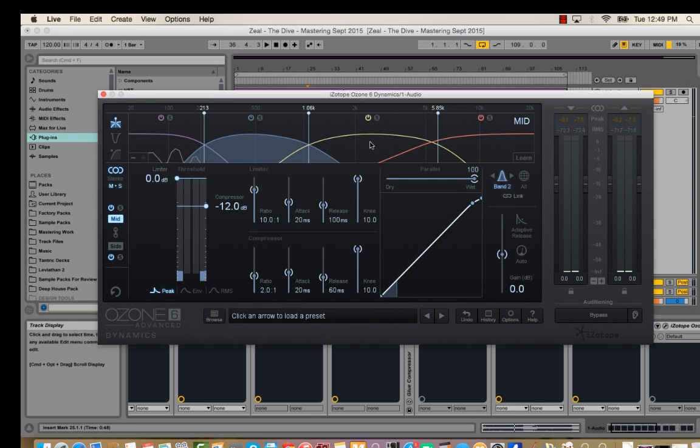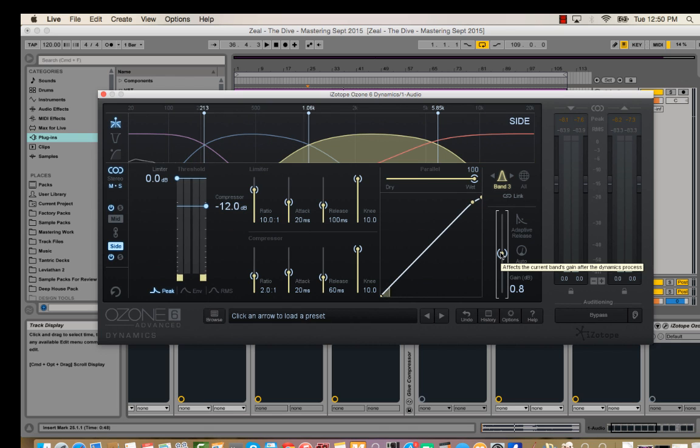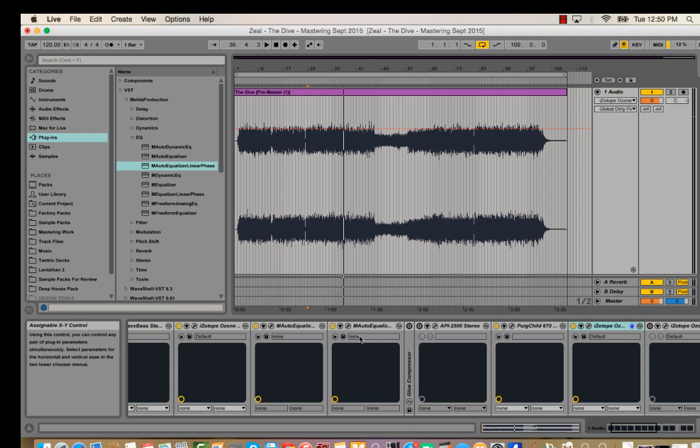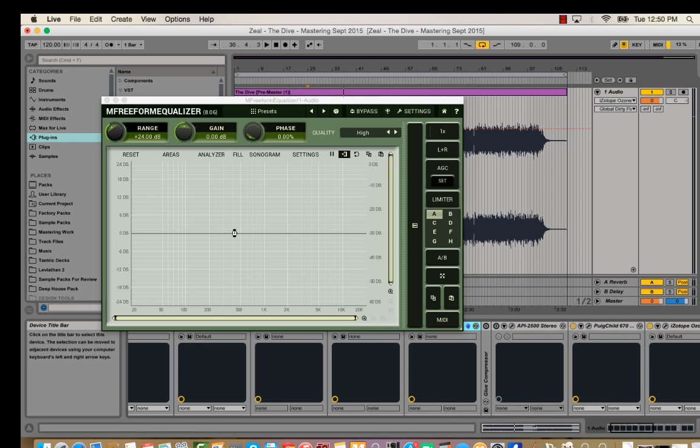And something else that I like to do is I like to add just a little bit of a nudge to the upper mids and the highs in the multiband compressor, both in the mid and side setting. I like to give a little bit extra to the sides because it creates a stereo widening effect. So what this does is I've boosted my low end, as you know, and I've also boosted my upper mids and highs, and that's gonna kind of create what's often referred to as a smile curve. And I'll just do a smile curve with this free form